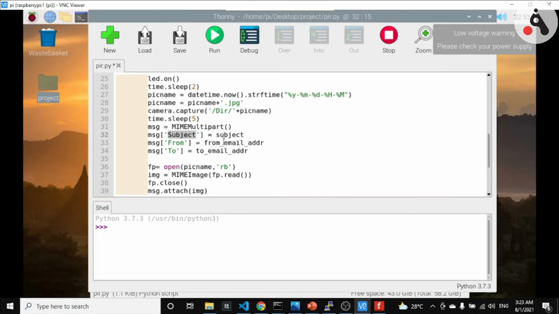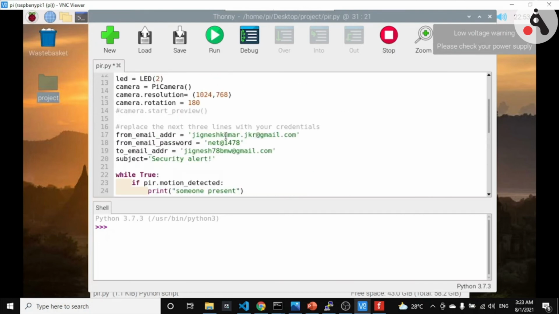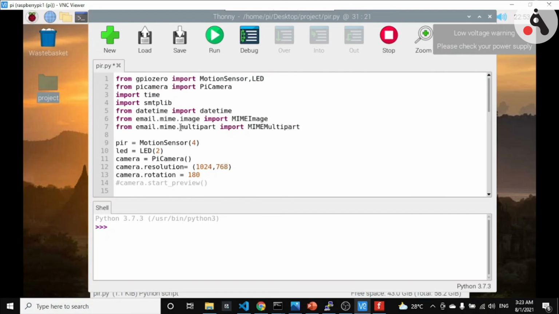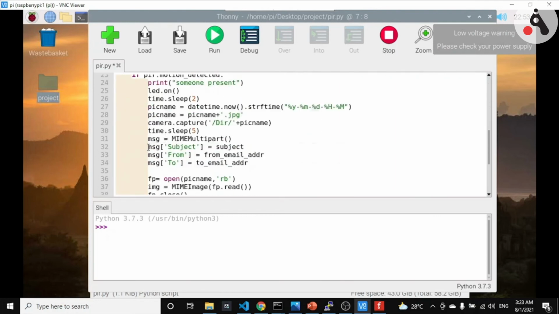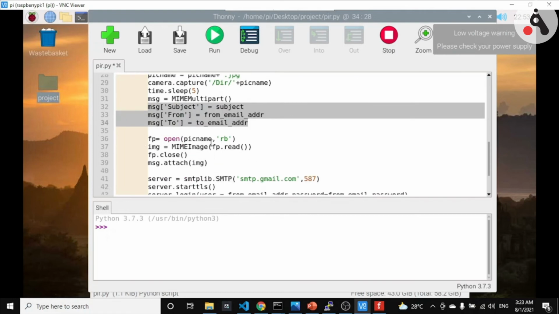We set the subject, from email address and to email address on the message which we have defined using MIMEMultipart, the same MIMEMultipart which we import from here. So we have set all these three properties on the message.